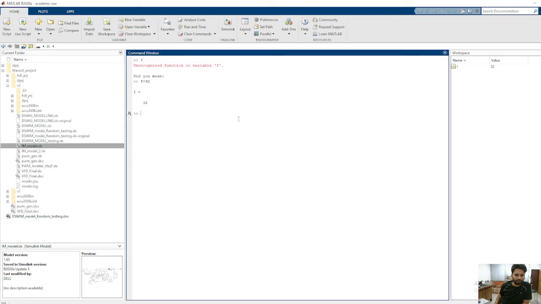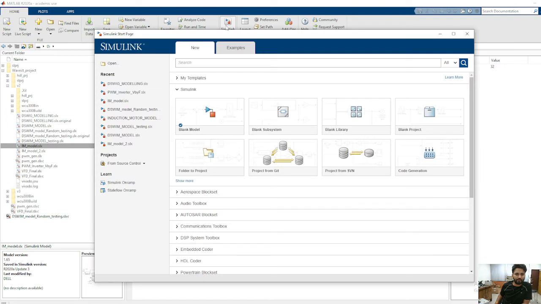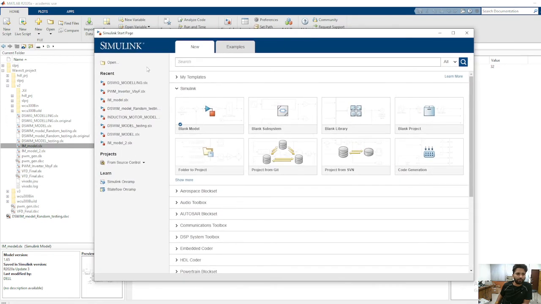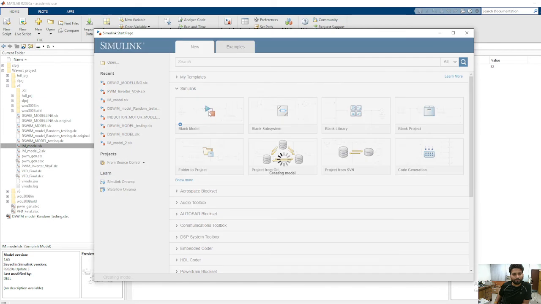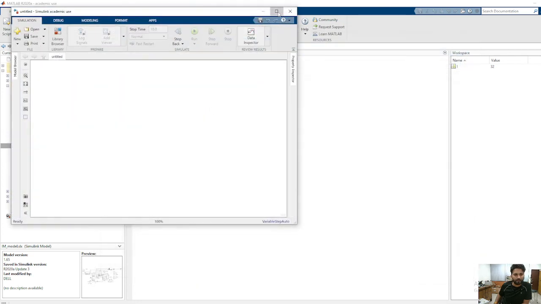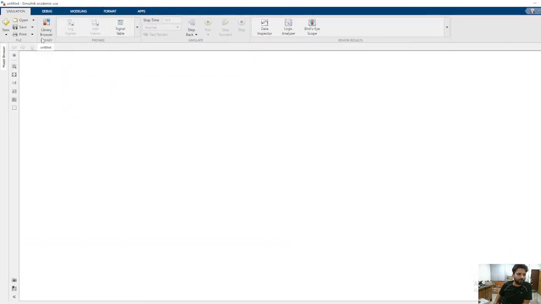We don't want to save this. Now we have to go to the Simulink environment, and here you can see it. When I click it, it prompts a window which asks what kind of model you want to make. We will be using a blank model, so we will be creating a model, and here we go with the model.